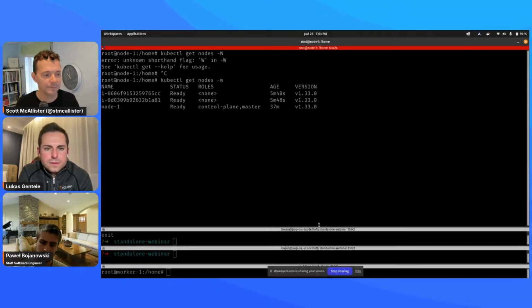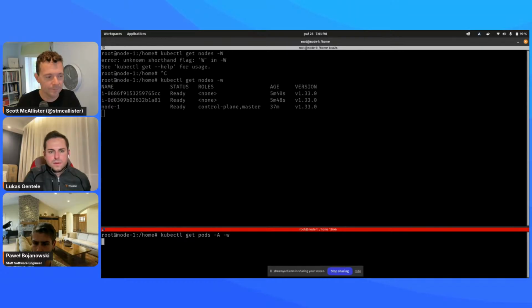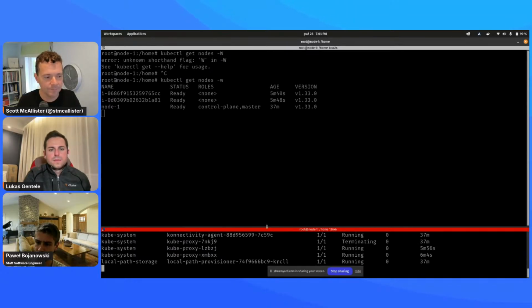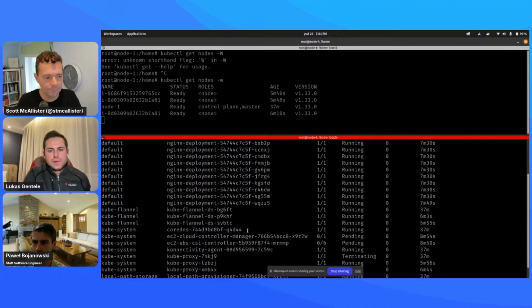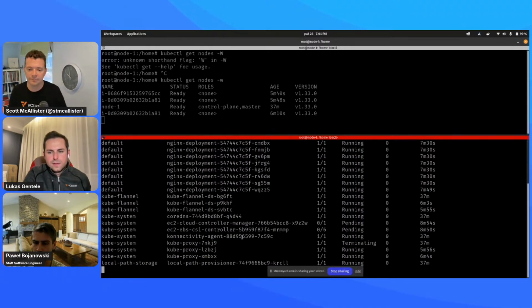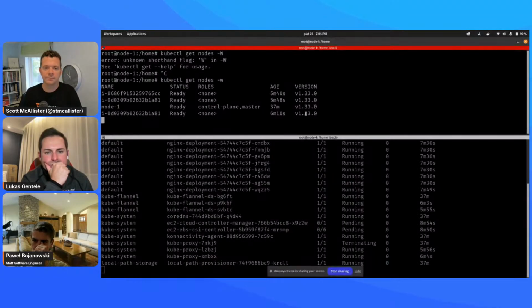Yeah, so what I'm going to do is open another terminal on this one, just to show the pods. Right now you can see that one of the kube proxies is terminating, which means that the upgrade of one of the nodes already started. Or actually, yeah, I think that's the case, and we should see the gradual upgrade to 1.34